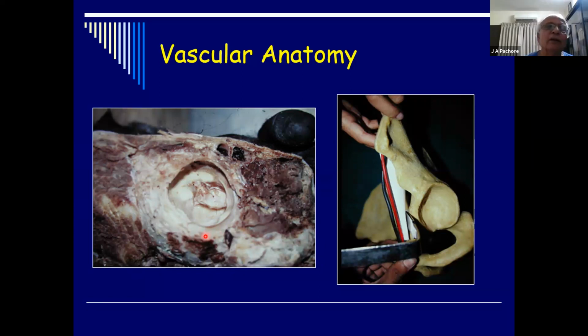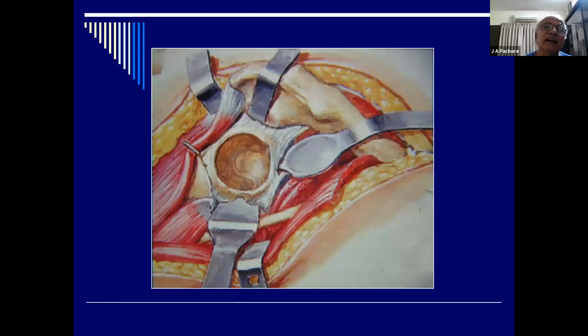You put an ischial pin or an ischial retractor. Very rarely do you require a superior one. If you cut the superior capsule nicely, you don't require a superior retractor or a Steinmann pin or a Charnley pin. So this figure gives an idea of how the neurovascular structures are protected. This is important for all of you, for the posterior approach. So you have seen these retractors: there's an ischial, an inferior, an anterior, and a superior Charnley pin. 360-degree exposure of the acetabulum. Then you put a